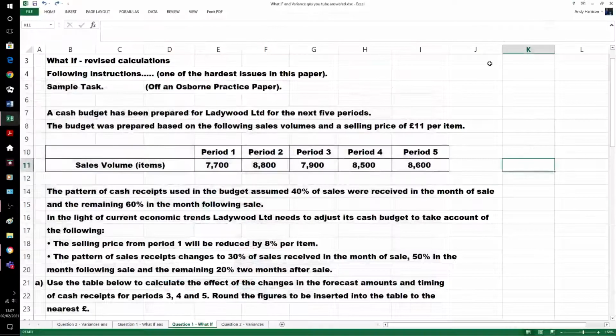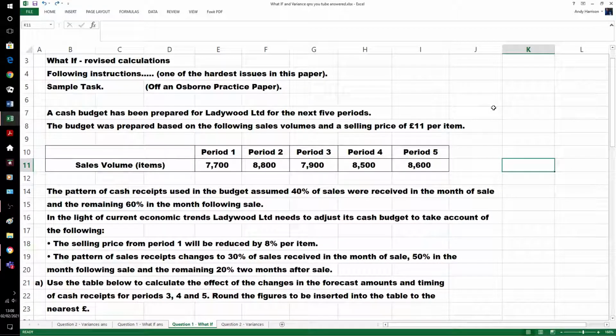Accounts people, time to have a look at some what-if revised calculations on receipts and payments, and then we'll move on to some variance questions, which are relatively straightforward. The calculations of the variances, written tasks based on them, slightly different. One of the hardest problems on this paper is following the instructions, so we'll be going through it with a few little extra notes and a bit of discussion as well, and I borrowed this off an Osborne practice